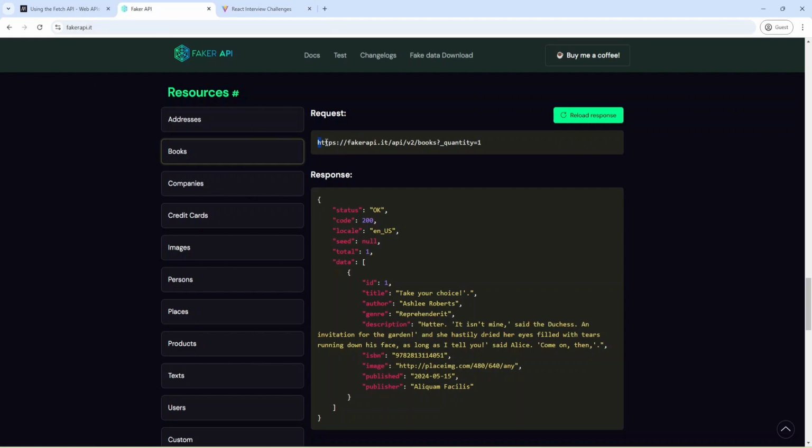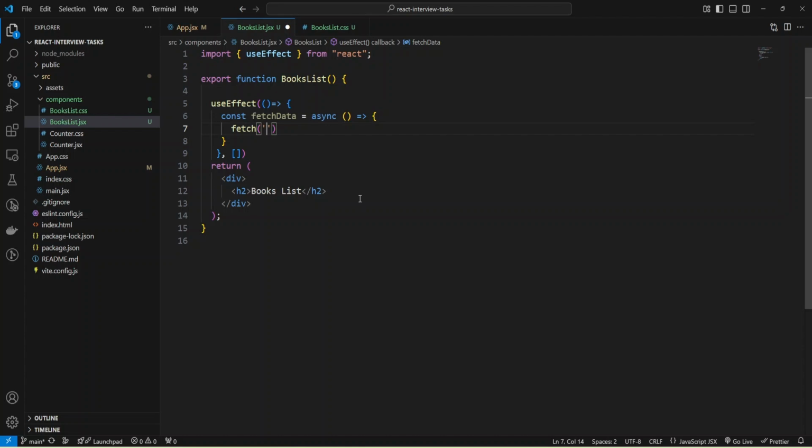And as the endpoint, I'll provide books from Faker API, and it will provide me some fake data, and I can use it during implementation or probably during an interview.